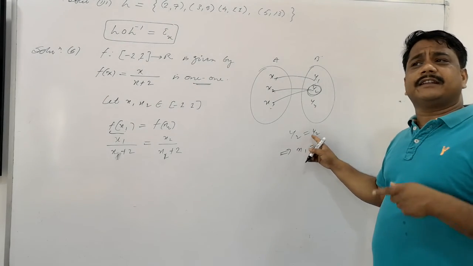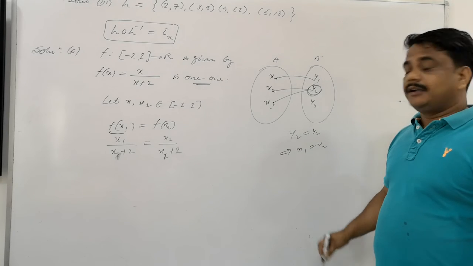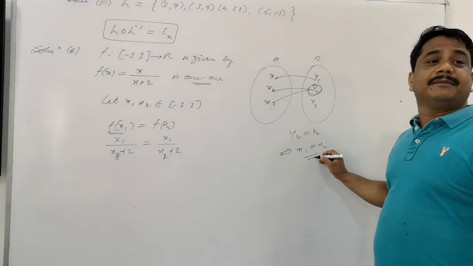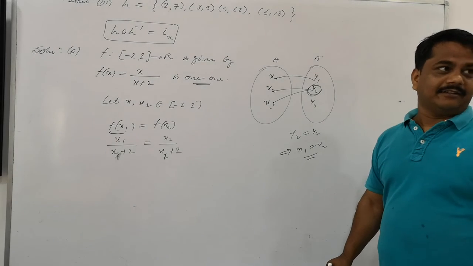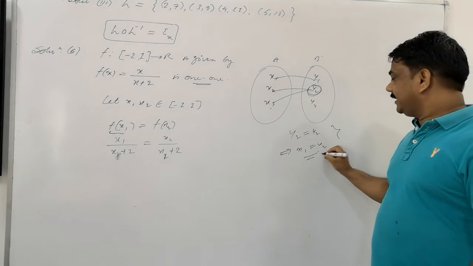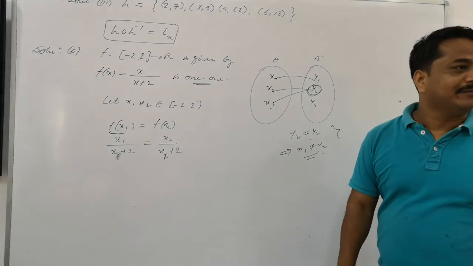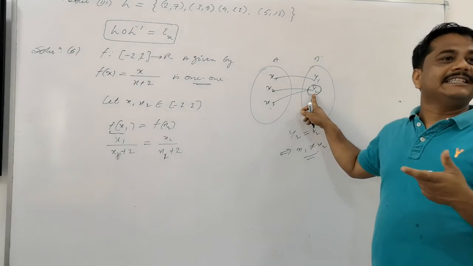It means that y2 is related with only 1. It's not related with the 2's, right now. But if they are not coming equal, it means this is a function but it's many to 1. If this equal comes here and this equal comes, means it is 1-1, or if they are not coming equal, it is many to 1, right or not. We are taking the image same, image equal.